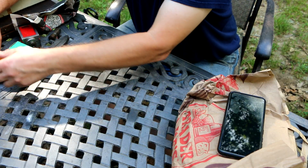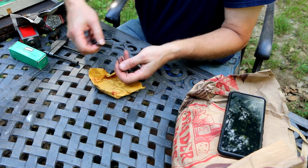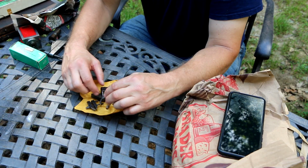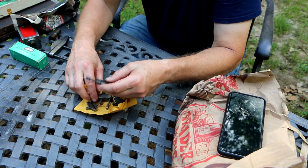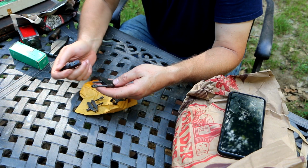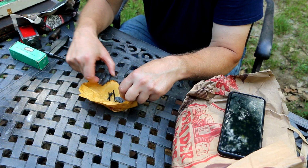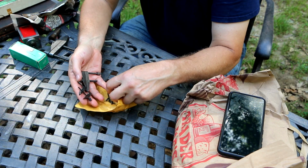Another guy had quite a few machinist items, and there were several items there that I really had a hard time getting a deal on. He was a tough negotiator on a lot of these things, but I was able to get this little package right here of small parallel clamps that are marked USA, but they're not Starrett's. And because they're not Starrett's, I was able to get these 6 clamps